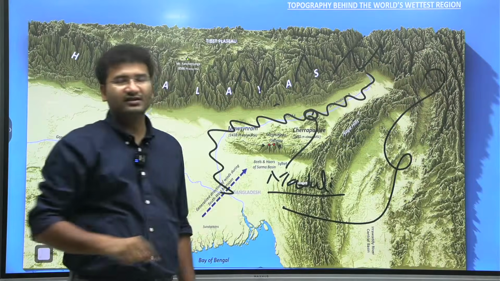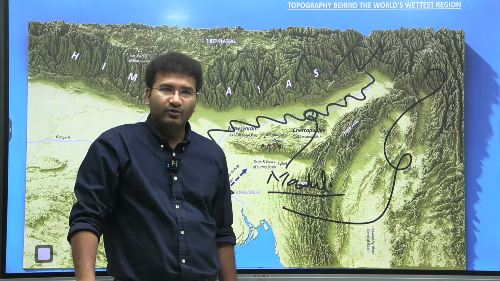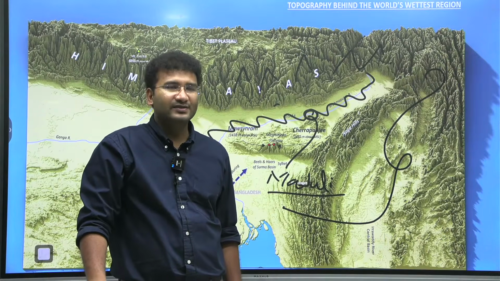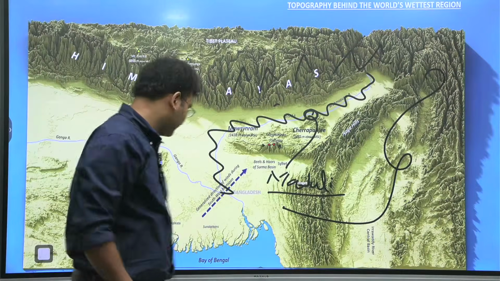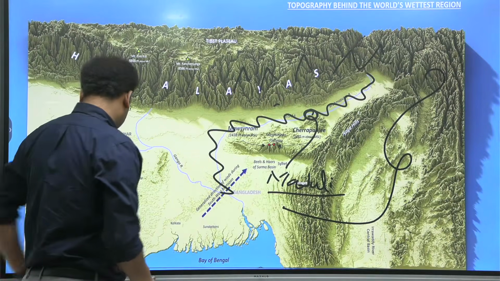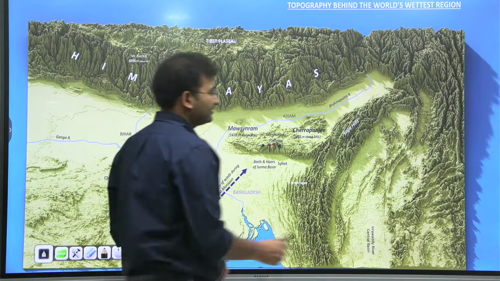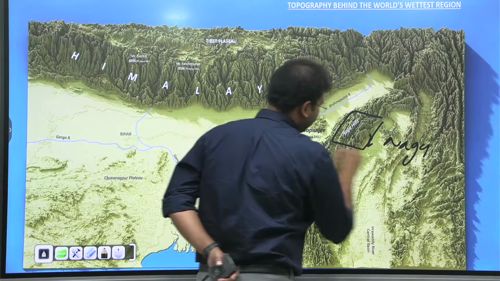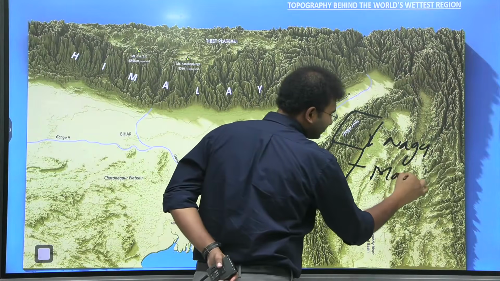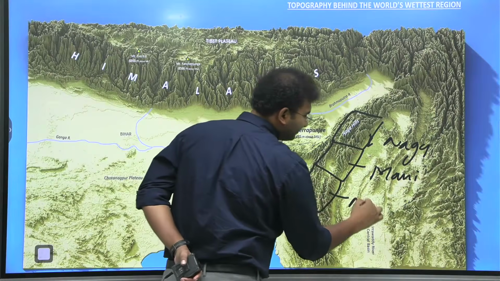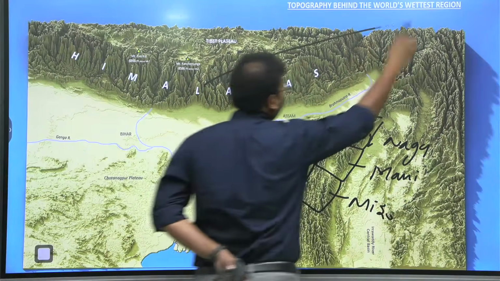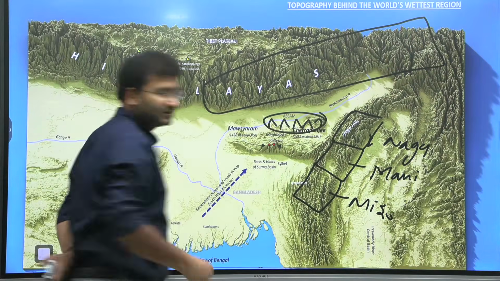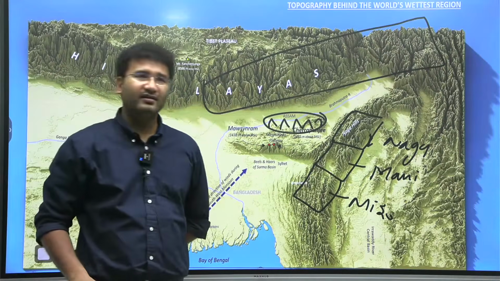Beyond Namcha Barwa, here you have a mountain called Namcha Barwa. These northeast mountains are called the Patkai Hills, or the Eastern Hills, which are also called Purvanchal. In simple terms, these mountains have different names in different states. In Nagaland, you call them Naga Hills. In Manipur, Manipuri Hills. In Mizoram, these are Mizo Hills. And in Arunachal Pradesh and Assam, you have mountains named after tribal communities.